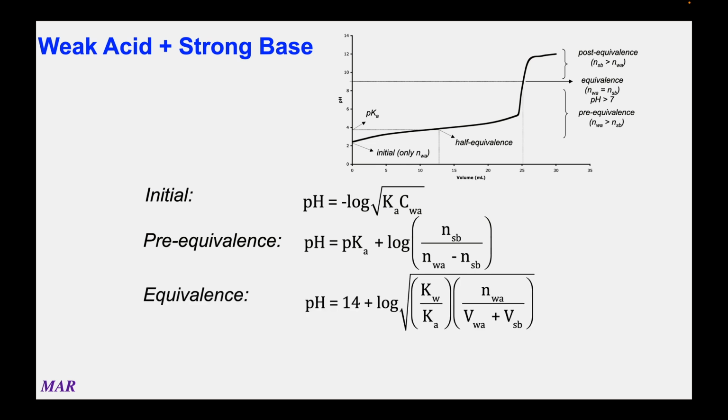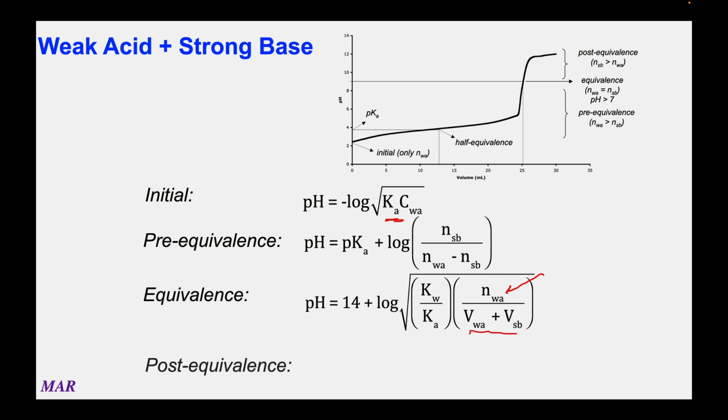At equivalence, you have only the conjugate base left over. This is the ugliest equation. However, it's not so bad if you remember that for a weak base, pH equals 14 plus log square root Kb times Cb. Now, Kb equals Kw divided by Ka. And probably you were already using Ka, for example, up here in the initial point. So Kw divided by Ka equals Kb, and you can put that in there. And then the concentration of the base: all the weak acid has now turned into conjugate base, so the moles of weak acid will equal the moles of your conjugate base, and you just need to divide by the total